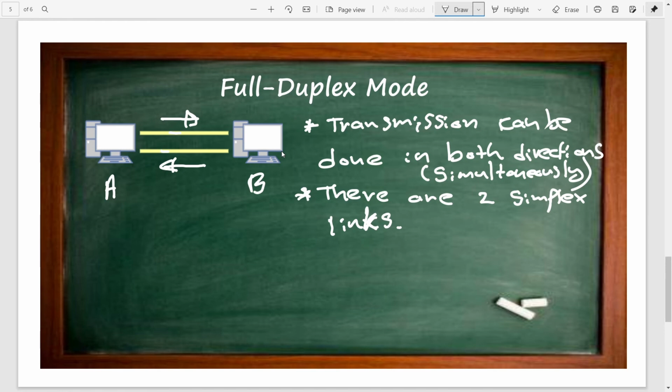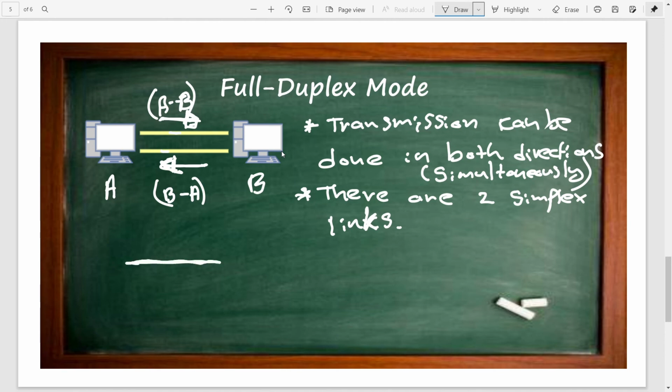When A to B communication is done on the first link, B to A communication is happening on the second link. Second link B to A, first link A to B. Like this. But if there is no separate link, if there is only one link,